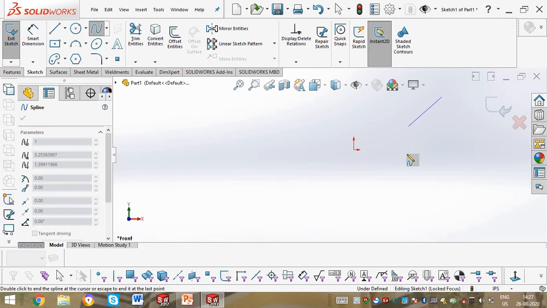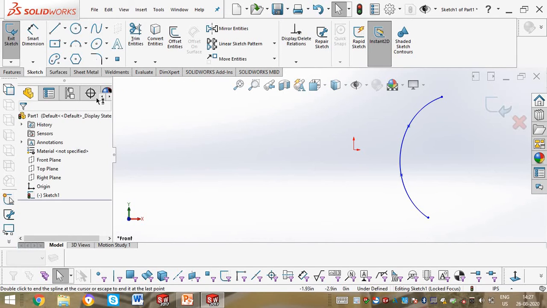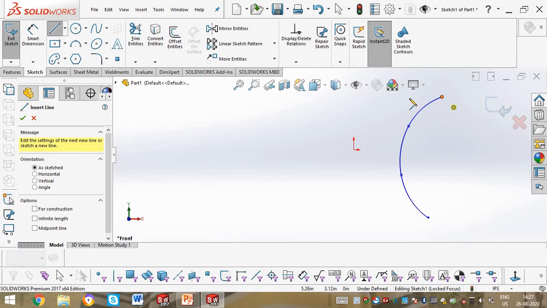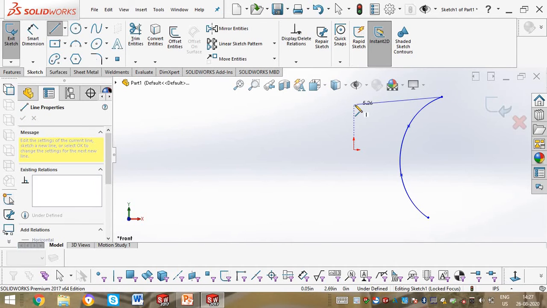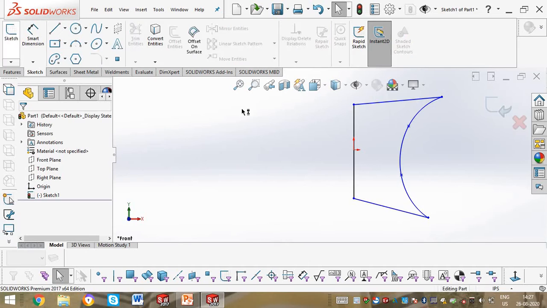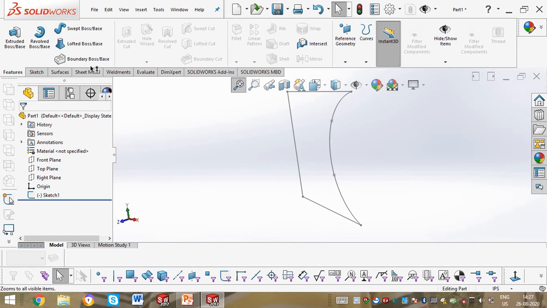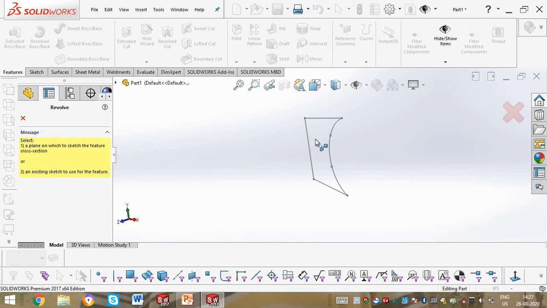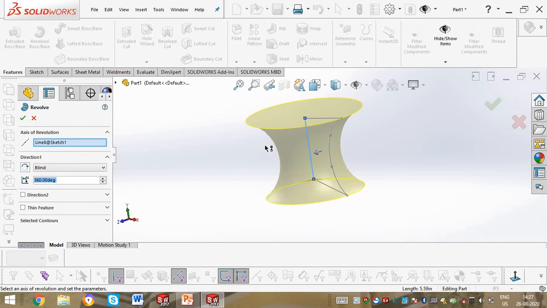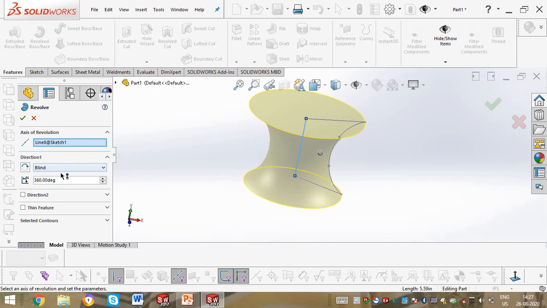We will go for the next command, rotate or revolve boss. We have revolve boss, which is a circular feature. I will create one spline for this and I will close this profile. If it is a surface, it can be an open profile. If it is a part, you should close it. So I will close this profile. Now we will go for revolve boss. We should select the axis, and it will select the sketch by default if it is only a single sketch.